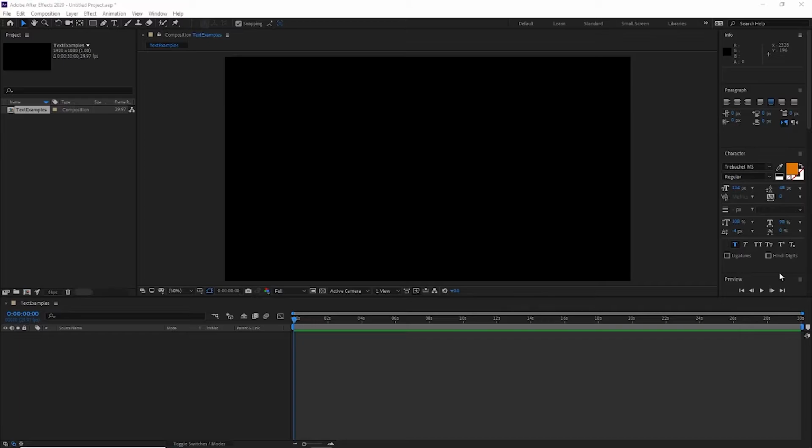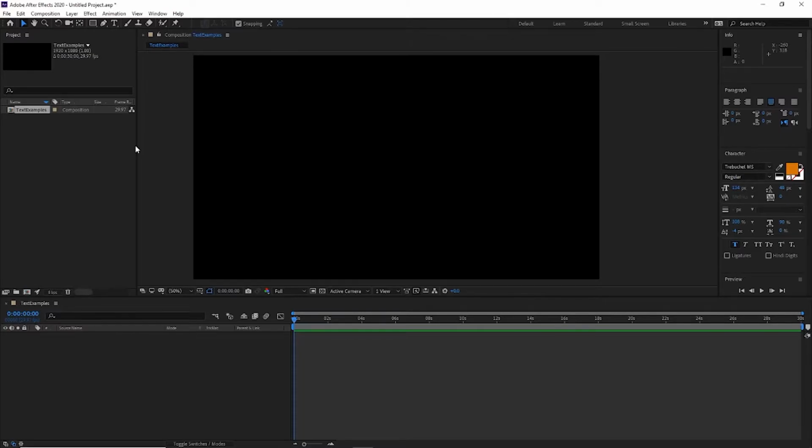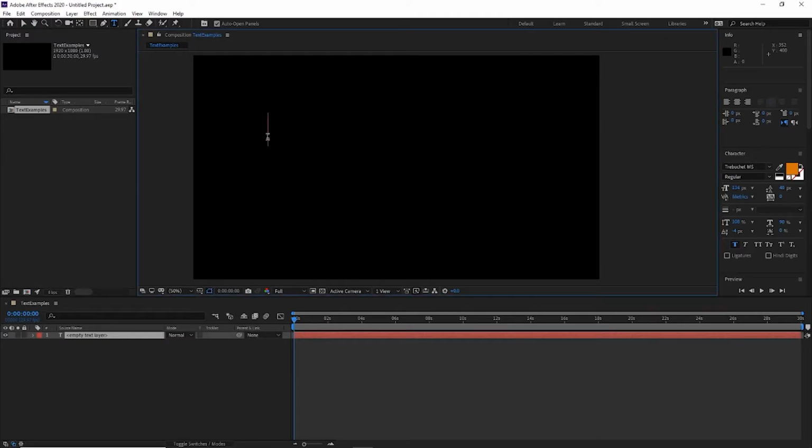Like most things in Adobe After Effects, there are multiple ways to add text to a composition. The first way to get text into your composition is to click the text tool in the toolbar, click into your composition, and then you can type your title